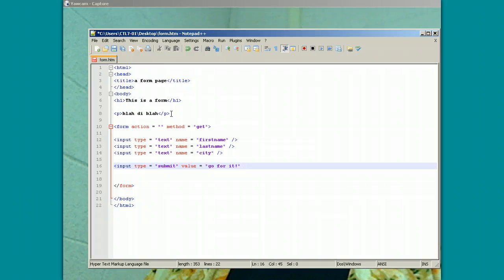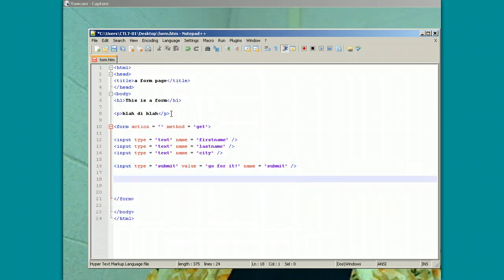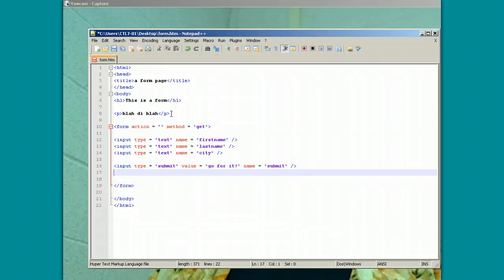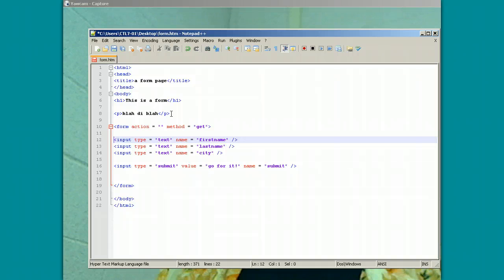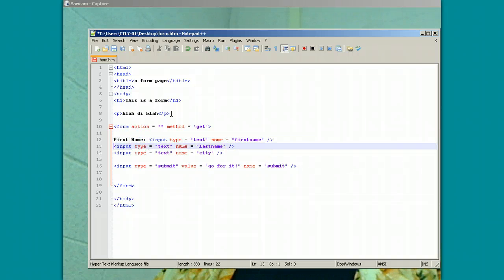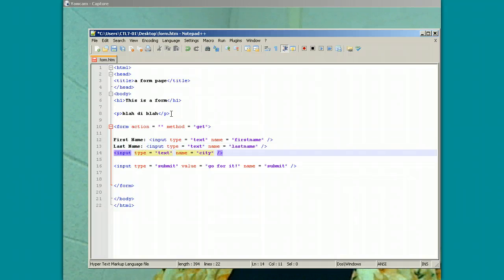and just for kicks we'll put name equals submit. And we've already closed out our form. We'll also want to let people know what they're supposed to type in. First name, last name, city. So now we have three basic fields, and what we'll do is save this, and we'll start by just